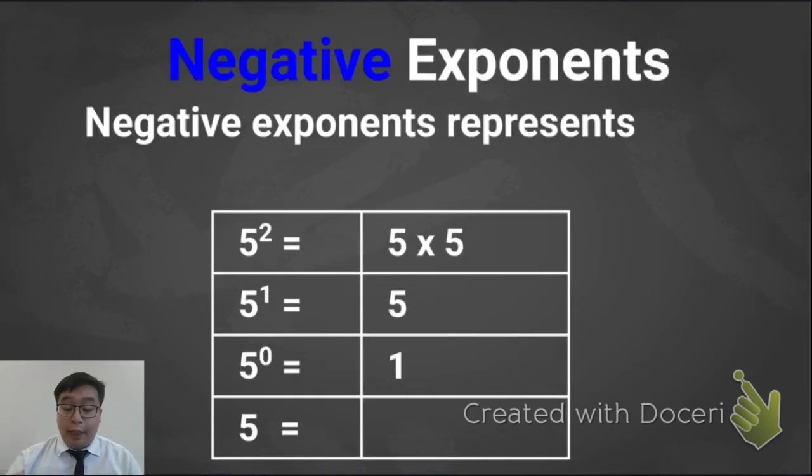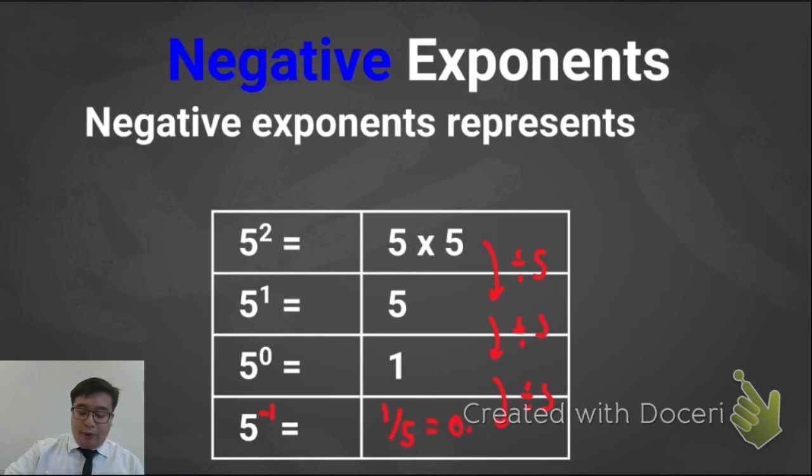Okay. Now let's continue our table to go down to the negative region. So let's figure out what negative exponents are. Like we said before, I know that to move down the table, I'm going to have to divide by 5. So if I want to figure out what a negative exponent is going to be, I need to continue dividing by 5. So 5 to the negative first power, that's going to be 1 divided by 5,